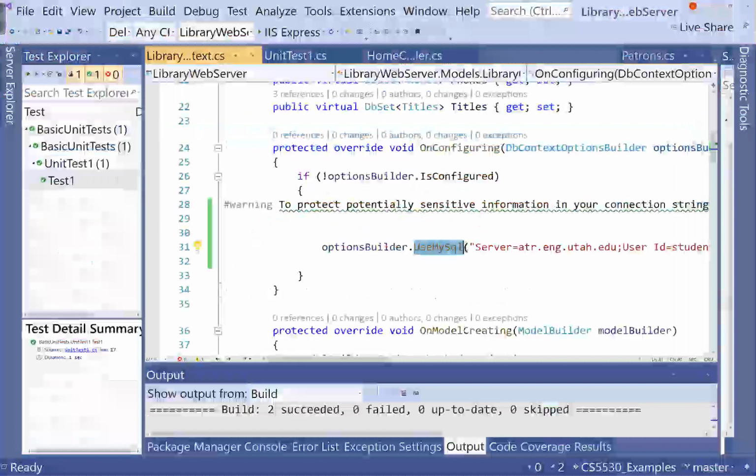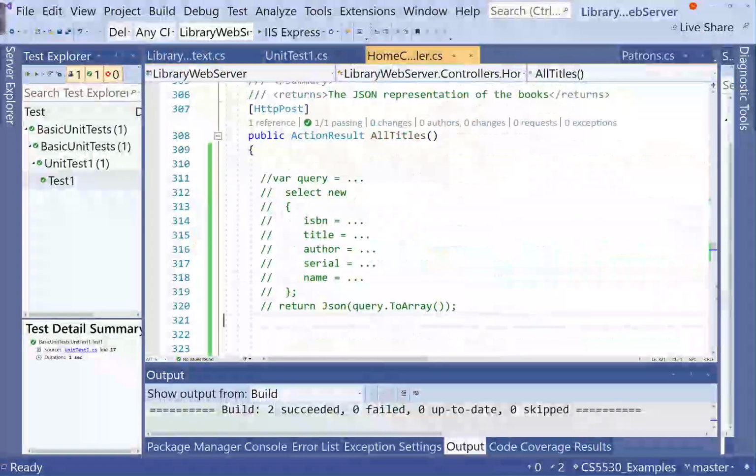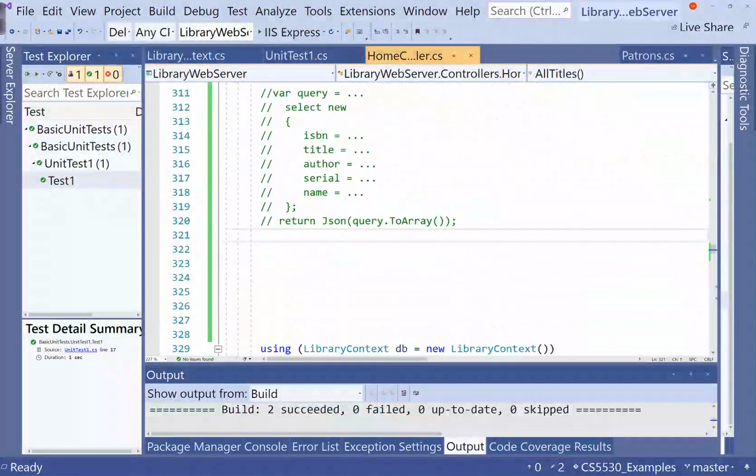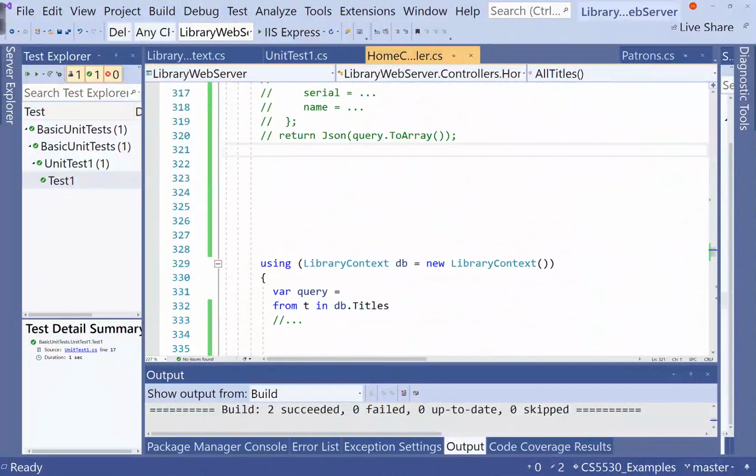So let me go to the all titles controller. This was the pseudocode. Let me actually go and look at just the first part of the actual solution. So there's more down below this, but here I am using library context equals a new library context. This will not facilitate mocking very easily because we would need to do something like this. If not testing,